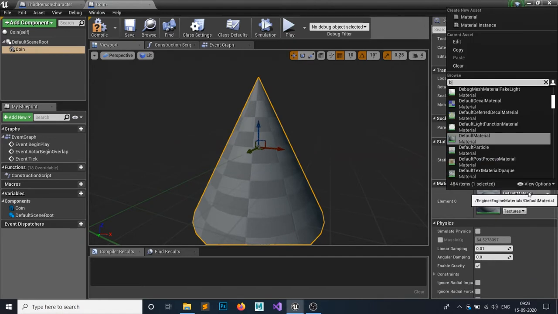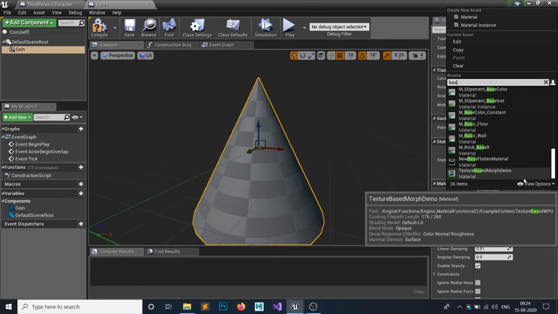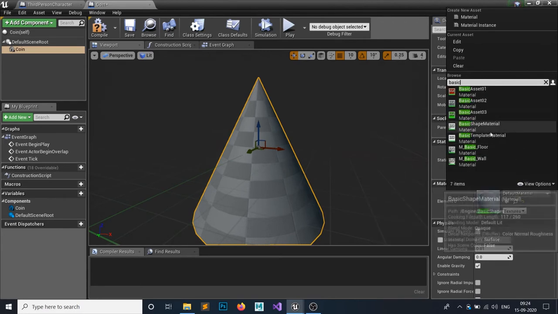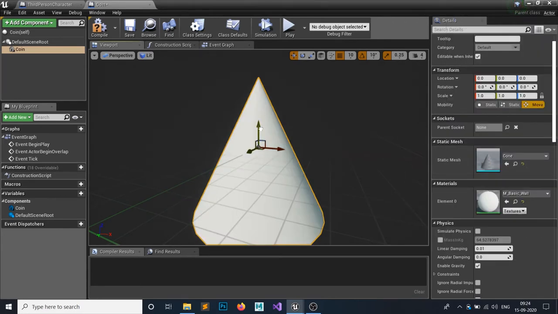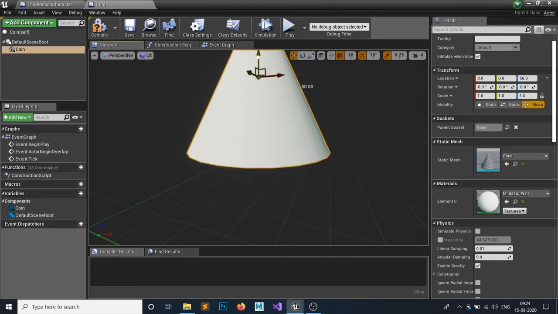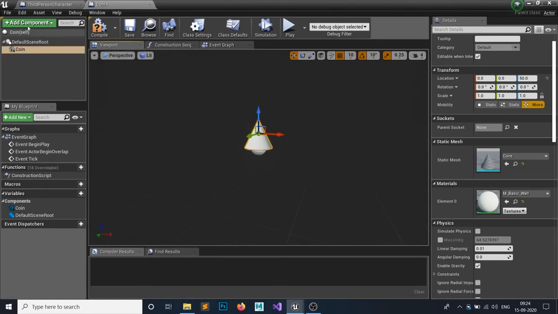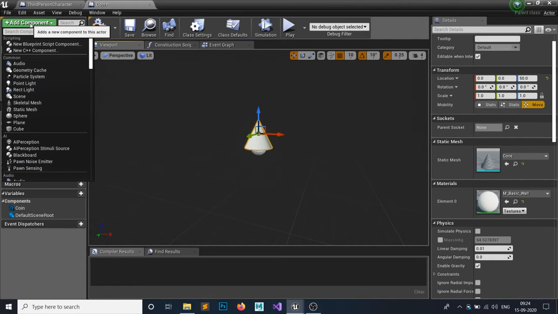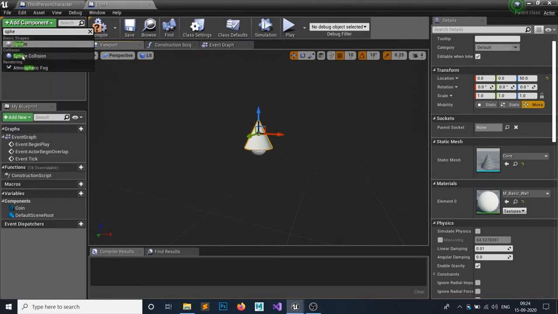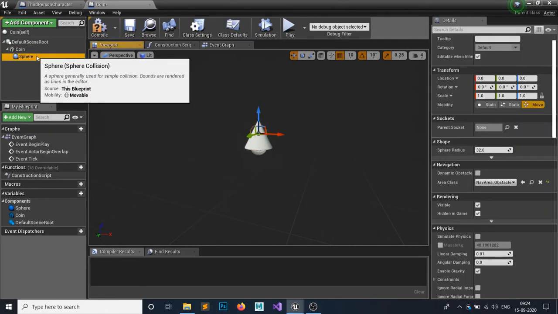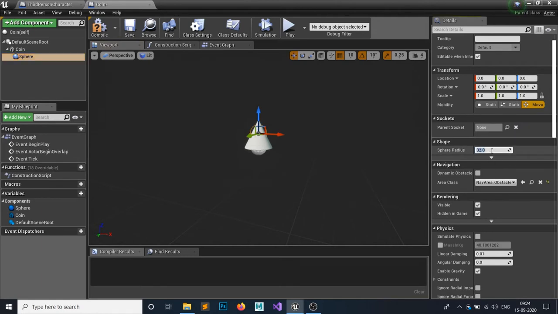The material would be, it is your coin, but I just want to make it a bit clean, make it a bit up. So this is our coin, the cone-shaped coin. Make a sphere collision under your coin and make the radius 85. 85 would work fine.